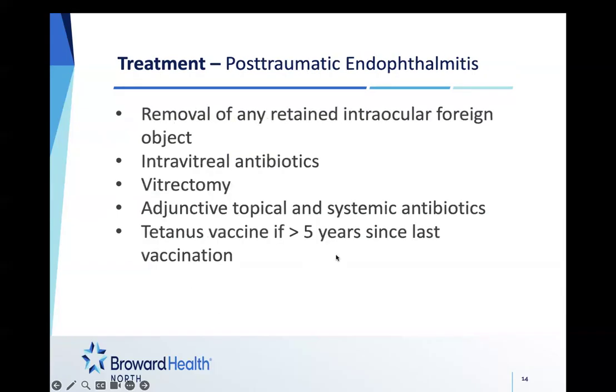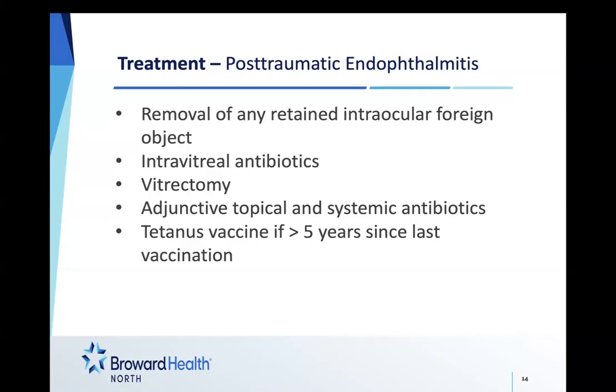So, moving on to post-traumatic endophthalmitis. First of all, you want to remove the intraocular foreign object. So if it's a piece of wood that got stuck in there or a nail, construction workers or things like that, remove the foreign object. You want to give them antibiotics injected into the vitreous humor. If the patient doesn't improve, then you're going to give them vitrectomy, where you're removing some of the fluid, replacing it and adding the antibiotics. And then you also want to do topical antibiotics if warranted, and then systemic as well.